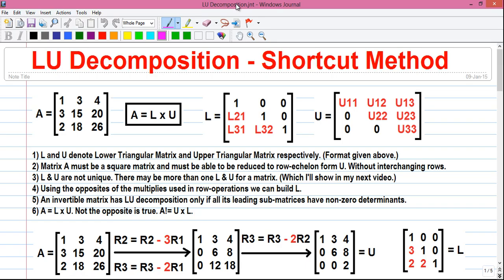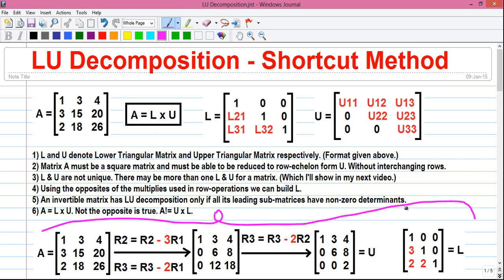Also in my upcoming videos I will show you that there may not be LU decomposition for some matrices, and some rules regarding the decomposition. So for now let's start with the shortcut method. Before we start the calculation part, that is this part,